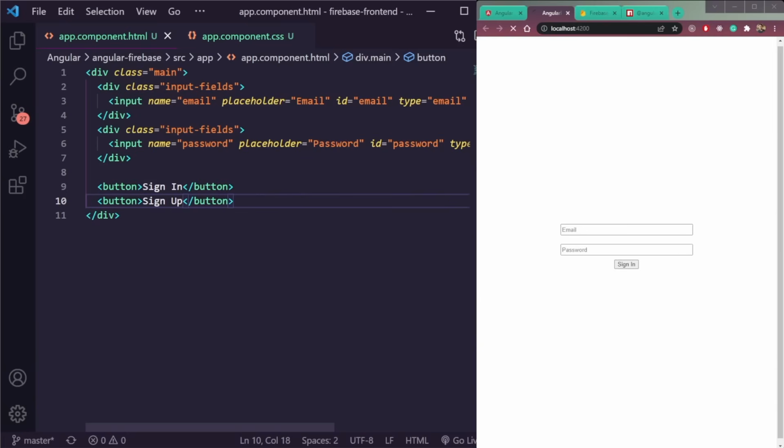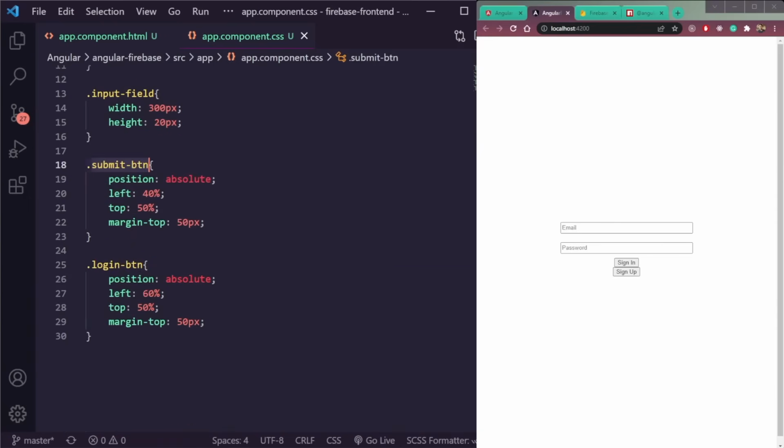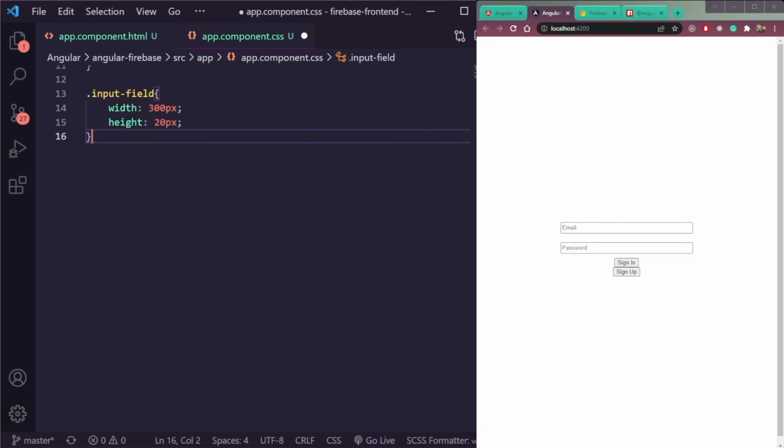Sign up. See, we have two buttons. Give them a class also, button, or we can just do here submit button. We already have, so we don't need to use this. We can remove these buttons. We will just say button and